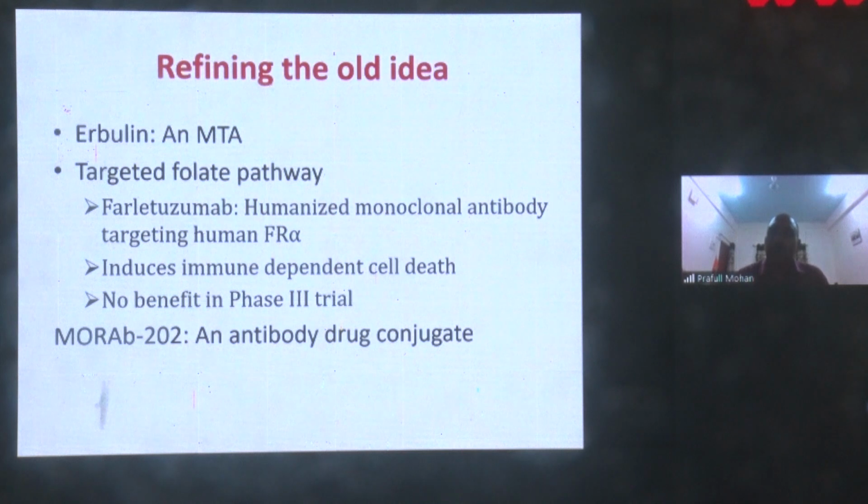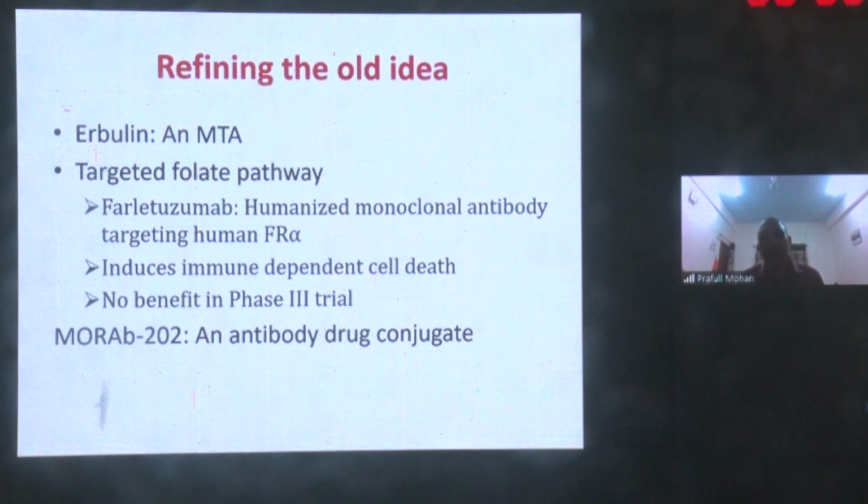However, a humanized monoclonal antibody targeted against folate receptor alpha was not able to produce a clinical effect in trials. However, when you use it as an antibody conjugate, targeting the FR alpha and conjoining it with a microtubule agent known as albumin,